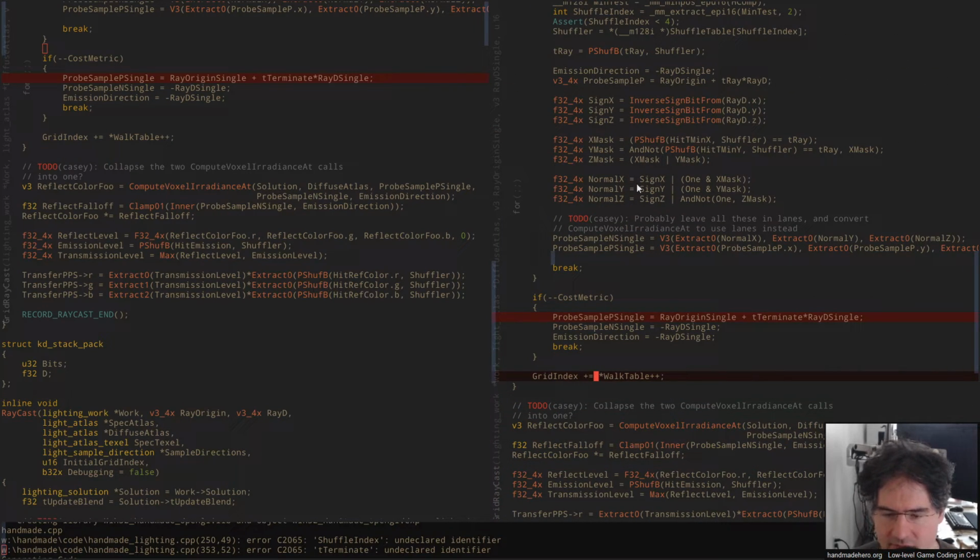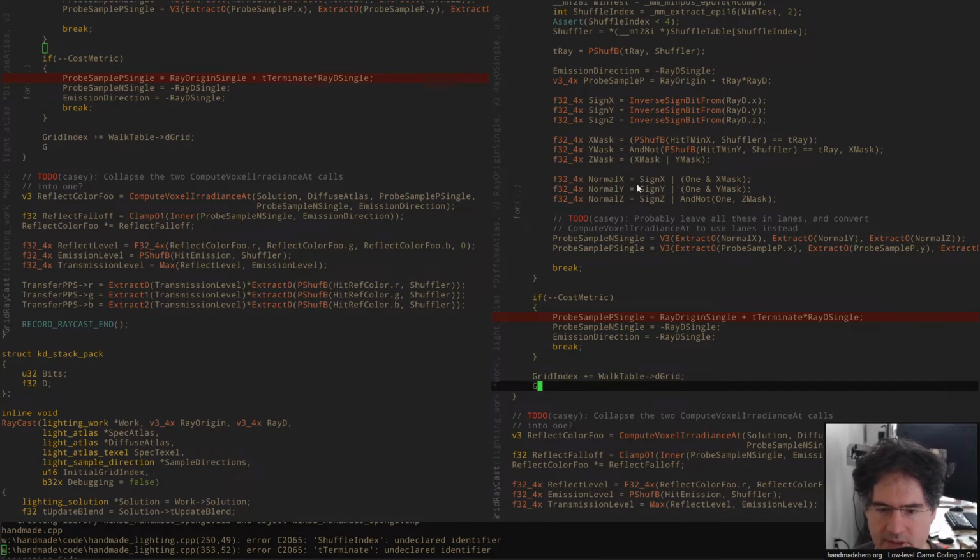And I guess the thing that I was talking about before is the walk table could give us that t value that we needed. So the walk table could pack those two things together. So for example, the walk table could be something more like, all right, there's a grid index. So we basically say, what's the delta on the grid index? So this is like the D grid. And then we can also say that the t terminate value is the t terminate, right? So I could pull those two things out,